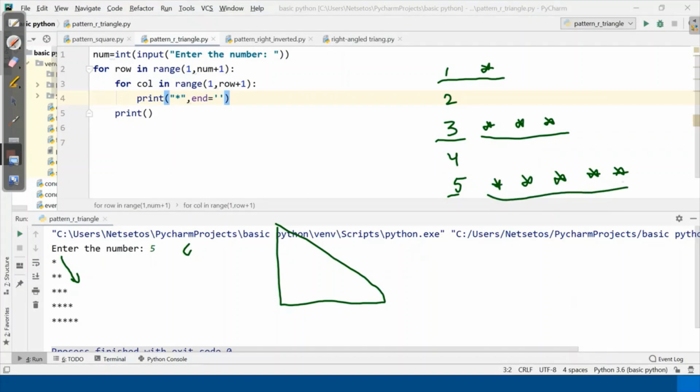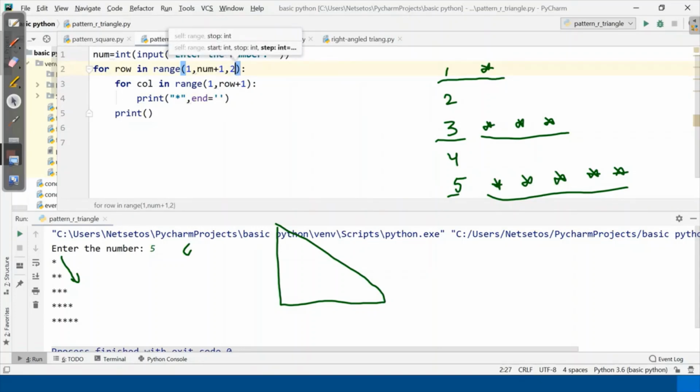So in this what we should do? I just need to write 2 as the step size. It was increasing by +1 and it was making 2 stars, +1 3 stars, and here +1 4 and then 5.